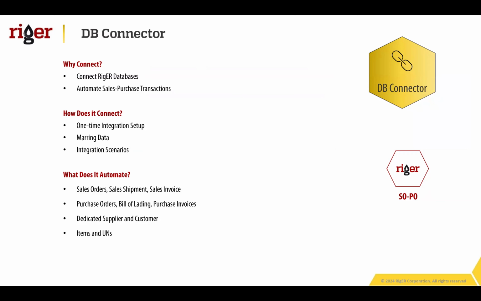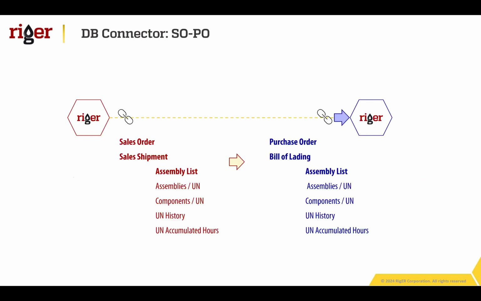So in this case, we connect sales orders and purchase sales orders from one database with purchase orders in another database. So imagine a situation where you have two companies running RigER, and one company usually becomes the supplier for the other. So in this case, with the number of transactions growing, moreover, in some cases, when we send a